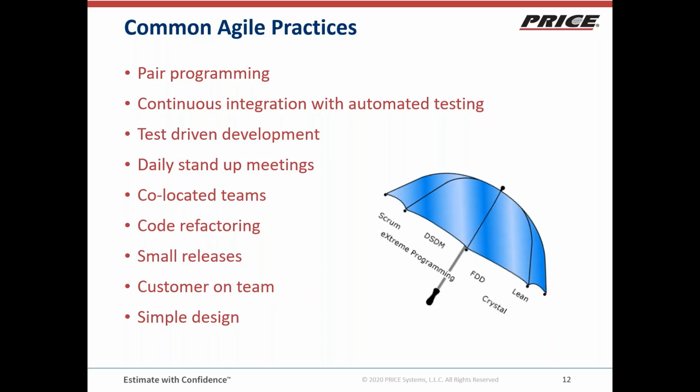So there are some common practices that many Agile teams adopt. Pair programming. This is the situation where no production code is released that hasn't had at least 2 developers' eyes on it during development. It doesn't mean that 2 developers have to sit there all day and work together. But when a developer is ready to release the production version, which means to put it into the source control system and have it go into the next build of the application,